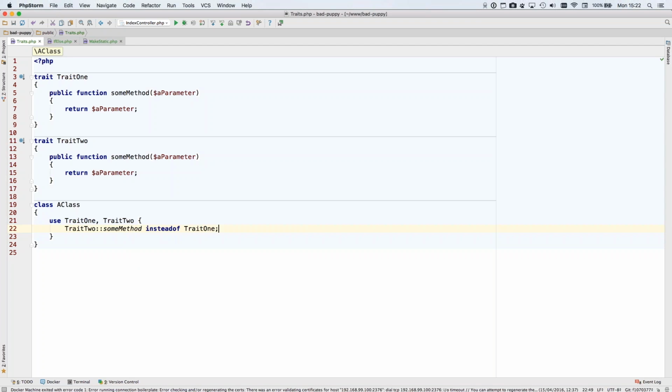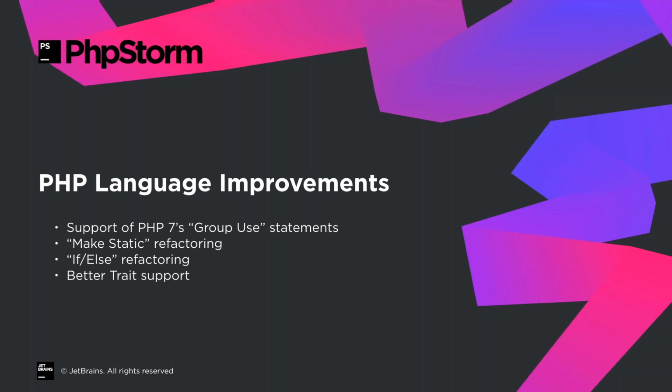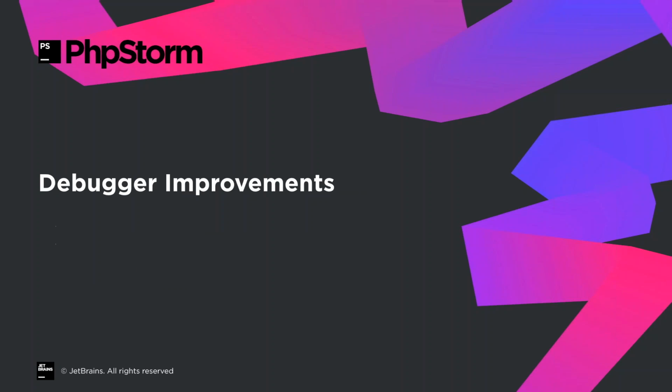Okie dokie. So that's the crux of what we've done inside the PHP language improvements. If you look at the release notes on the website, you'll see a little bit more information about these things. So next up, we've done some debugger improvements, and the first thing we've done is improvements around the zero configuration